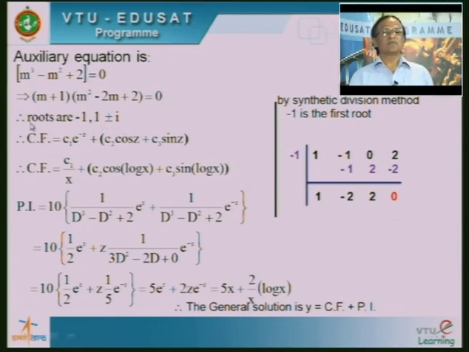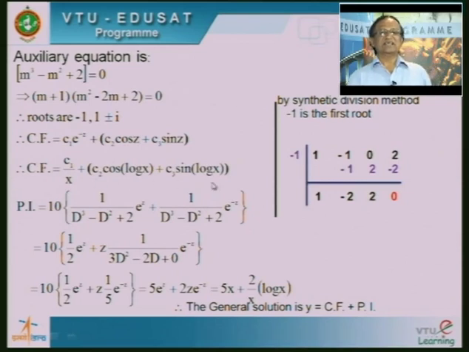Now, I want to write down the complementary function, based on the roots. So, the first root is minus 1, c1 e to the power minus z, plus c2 into cos z plus c3 into sin z, because the other two roots are complex and alpha is equal to 1, beta is equal to 1. I hope I can obtain the complementary function in this form. Now, I am able to write it in terms of x, that is why I will get c1 divided by x, it is e to the power minus z, plus c2 into cos of z, meaning log x, plus c3 into sin of again z, meaning log x.